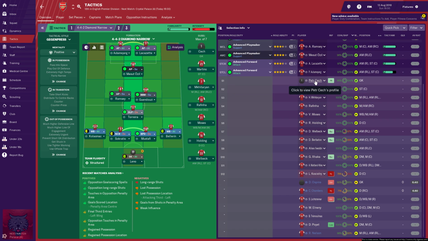So we've got Peter Cech on there. I might actually have to rotate him with Leno, because Leno's a little bit injured for this upcoming match. However, we have had a pretty good pre-season with Leno in goal. So on the bench we have Martinez,